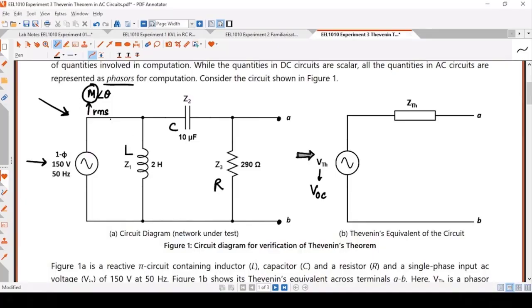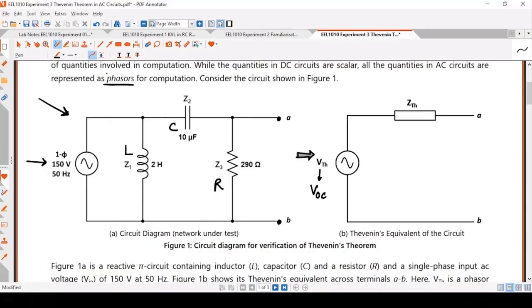To understand the basics of this, I would again advise you, in the playlist, in the section of frequency response, I have uploaded a video lecture on basics of phasors. How a phasor is made, how a phasor is represented, from where did we come to know that impedance of an inductor should be omega L, or who said that impedance of a capacitor should be 1 upon omega C? Or who said that this has to be plus 90 degrees and this has to be minus 90 degrees? All these fundamentals are explained in that video lecture. Please refer to the lecture that introduces the basics of element impedances and phasors.